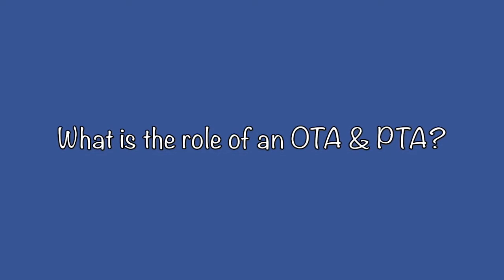What is the role of an OTA and PTA? So our role is assisting the occupational therapist and physiotherapist by implementing the treatment plan that they have established for the client. These examples include working on transfers, therapeutic agents such as modalities, cognitive functions, cardiovascular system, conditioning, and so